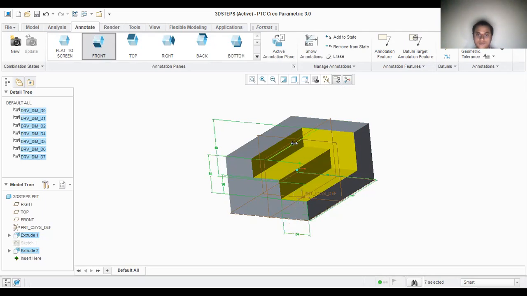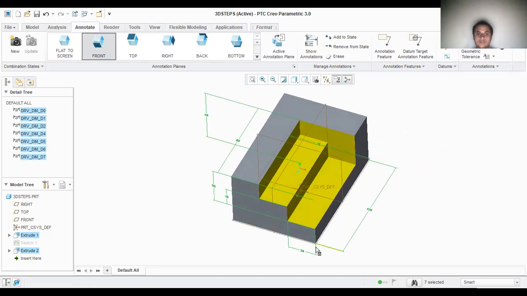Okay. So we have one more dimension. What is the depth? This depth comes as 80. Make sure that you keep it at the center. If you keep your mouse here, you will get a line, and you keep it here and select this one so that you can keep it at the center. So this is 104. So 104, 24, 16, all those things.